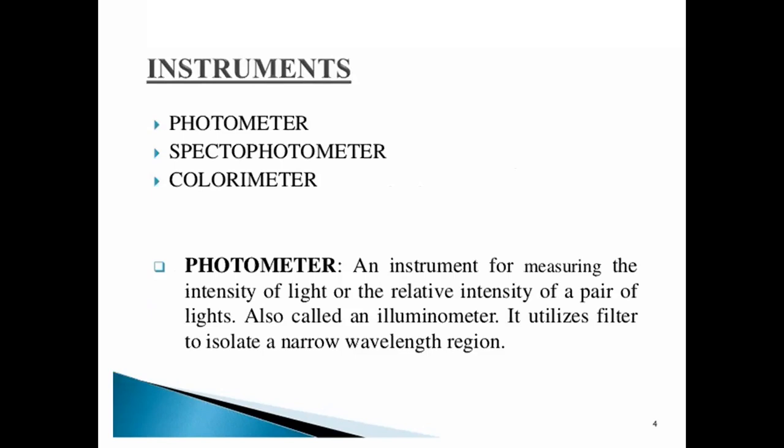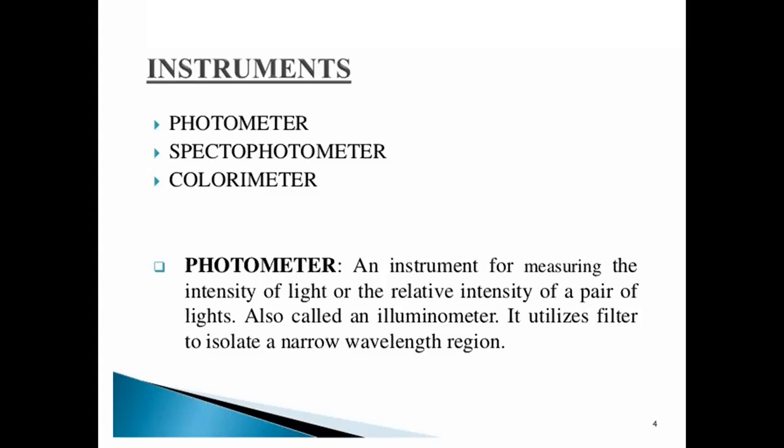detector system. Before that, these instruments are of two types. That is a simple photometer; if it is a sophisticated one with the range, that is a spectrophotometer; and the second one is the colorimeter. So let us discuss one by one. What do you mean by the photometer? What do you mean by the spectrophotometer? What is the meaning of the colorimeter? How do these instruments differ in their function?